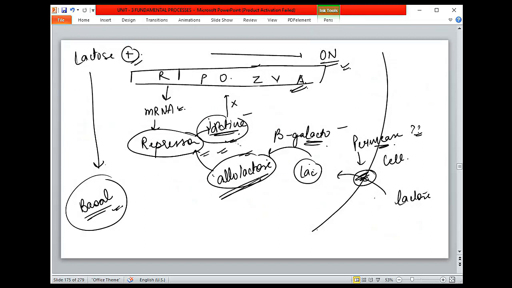From where will you get allolactose? Via conversion from the lactose, right? Lactose gets converted into allolactose via beta galactosidase. From where did we get this? We got it via the transcription of gene Z. So from where did we get the gene Z? Because our lac operon was working in basal concentration. It was working in a very basal amount, so that some concentration of beta galactosidase and permease is present in the cell for all the scenarios possible.